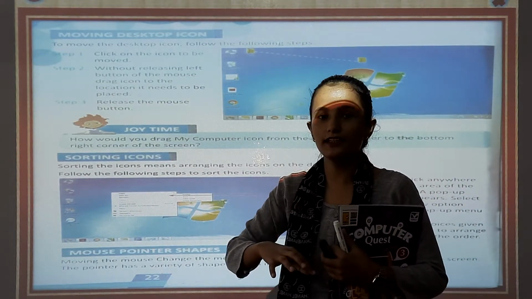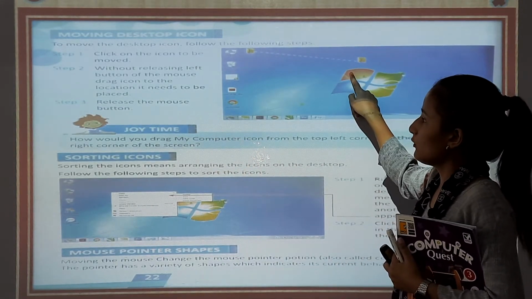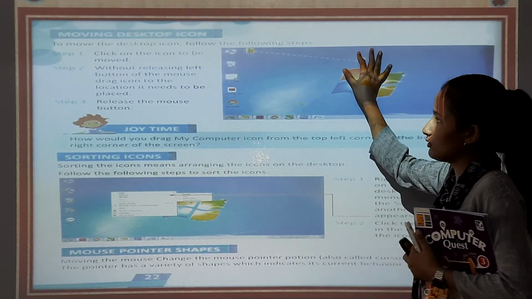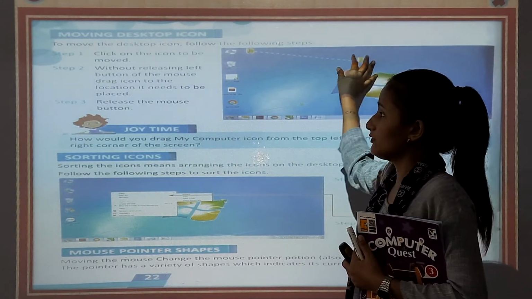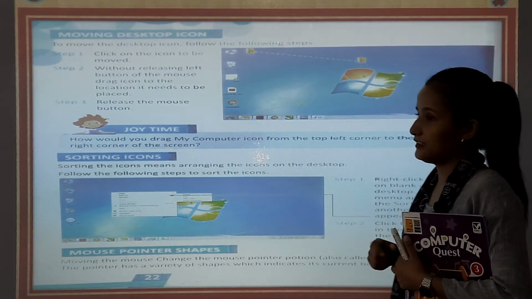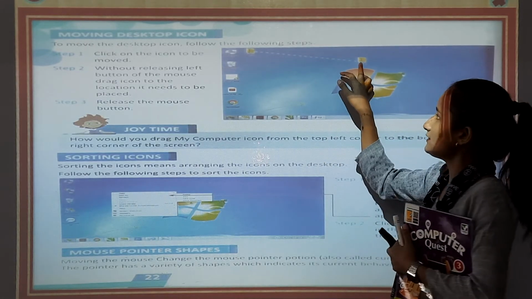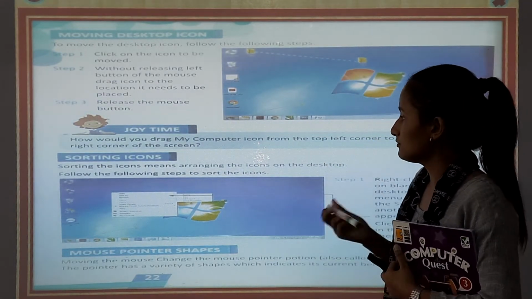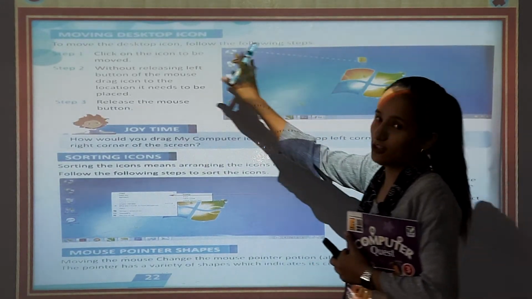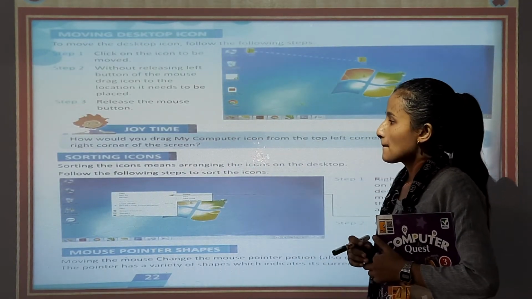जब आप left click करेंगे एक बार में, तो आपको जहाँ तक आपका location है वहाँ तक आपको रखना है without releasing the button. Now release the mouse button. Now your icon is in the correct place, so you can move your mouse like this. So that's how you can change the desktop icons. Follow the steps. Those who have a computer at home, you can do this exercise.